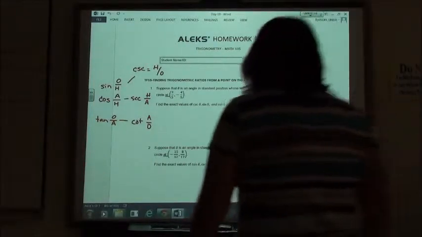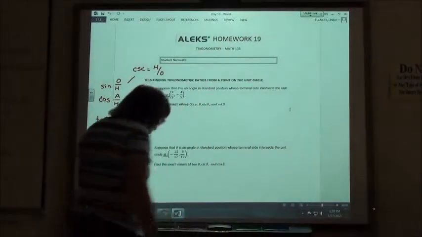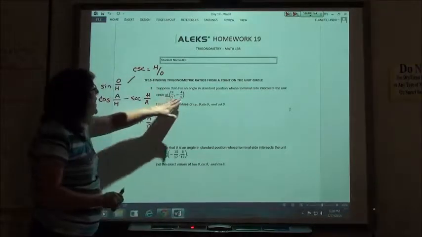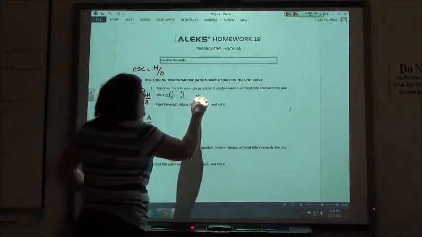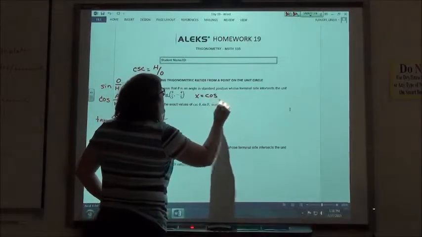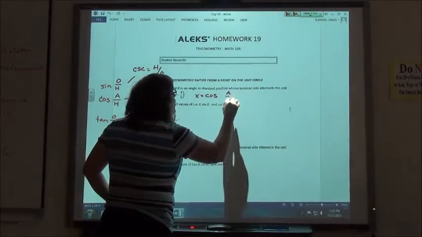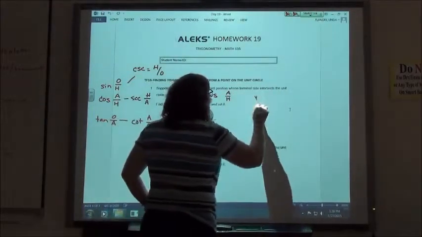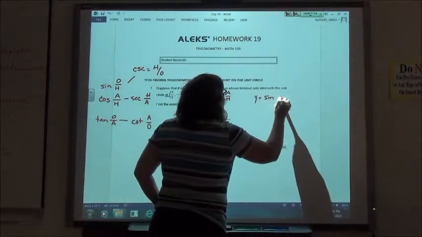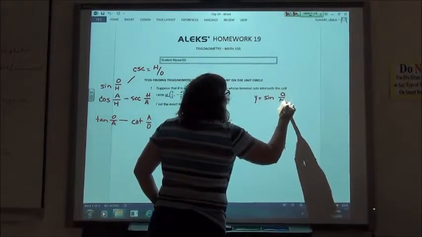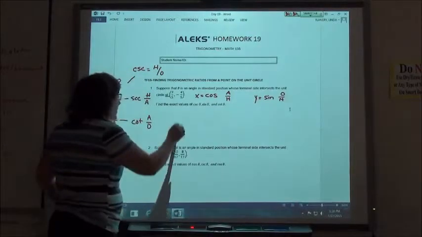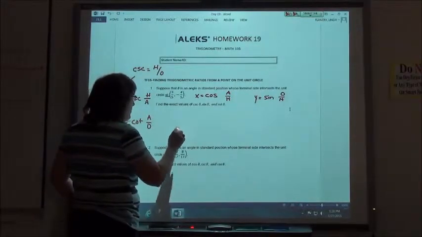1, 2, and 3 are finding trigonometric ratios from a point on the unit circle. Again, if we have the point, x is equal to the cosine, which is the adjacent over the hypotenuse, and y is the sine, which is the opposite over the hypotenuse. So, if I have my triangle,